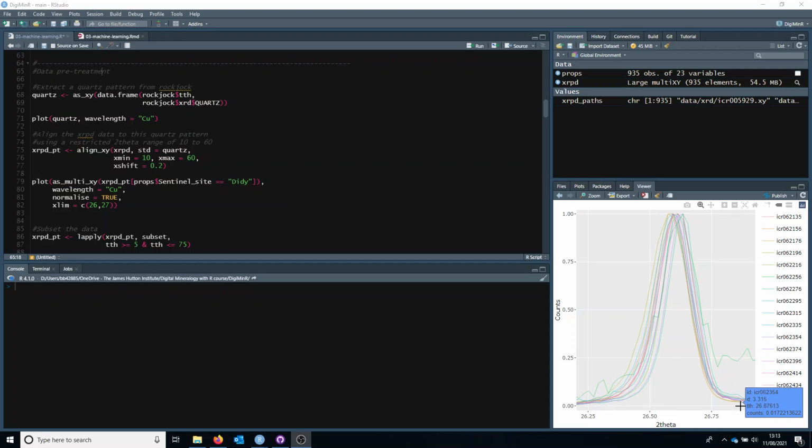So to begin with, to recap, we had a little plot in the previous tutorial where we focused on the quartz peak at one of the sites. So we've got about 16 samples from one of the Sentinel sites in the data set, and this is focusing on the strongest quartz peak in the data. And from this you can see how there are small misalignments between the samples, and that's common with diffraction data